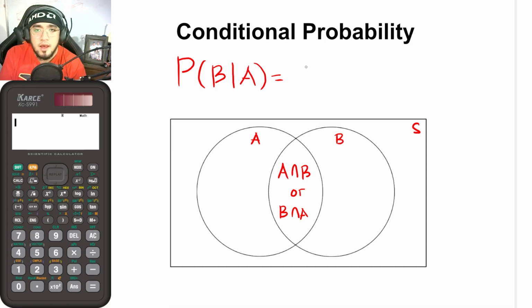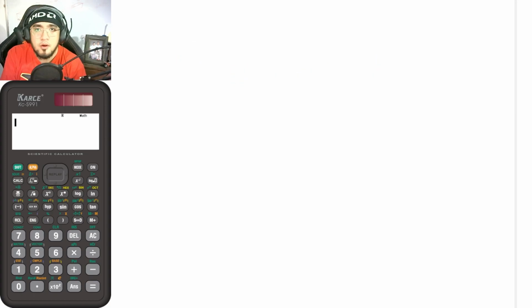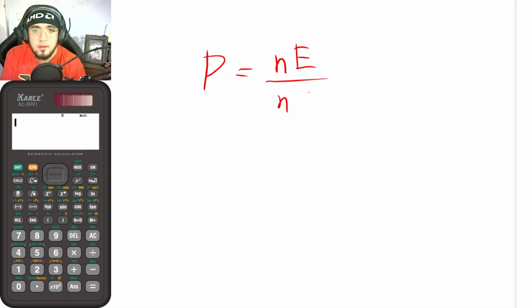And from that, I can now say that this probability is the ratio of the number of these events here, which is the intersection of A and B, divided by, if you can remember from our previous video lectures, that for probability, this is basically equal to the number of elements